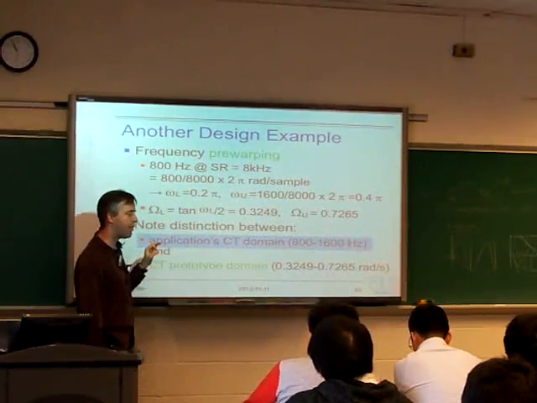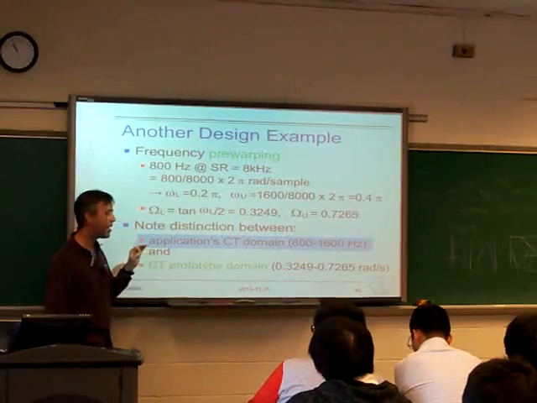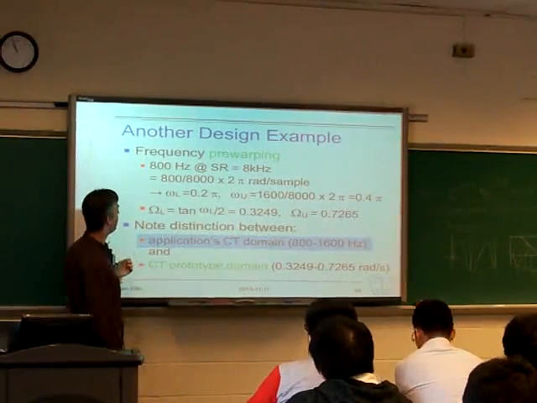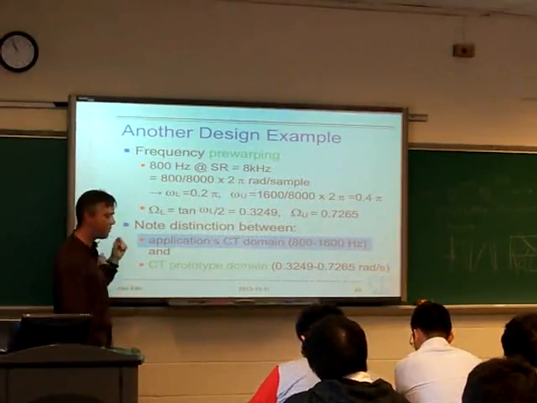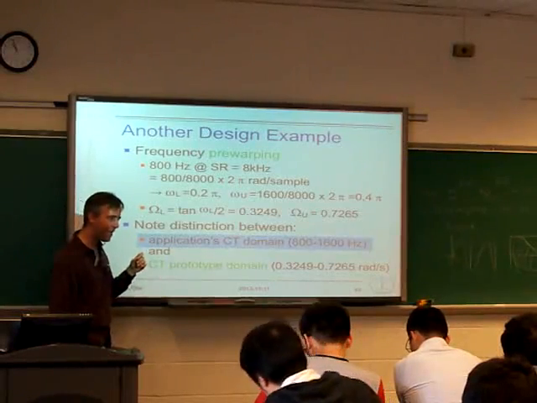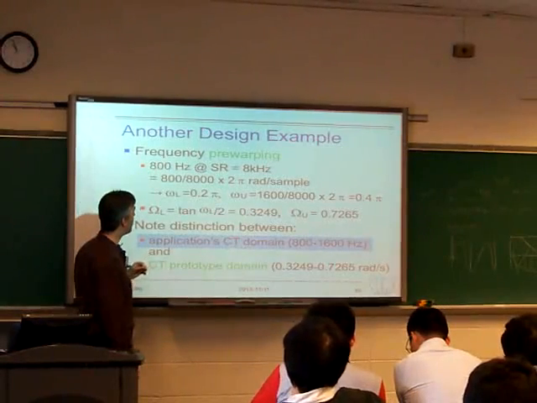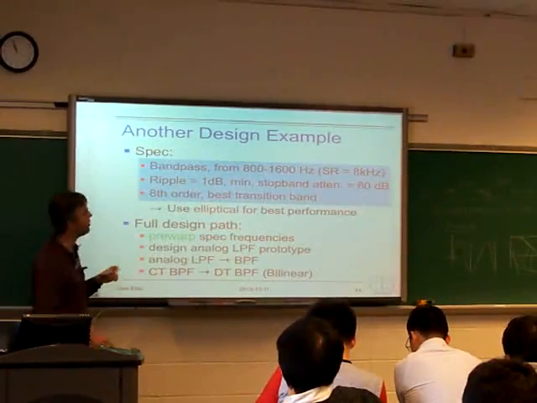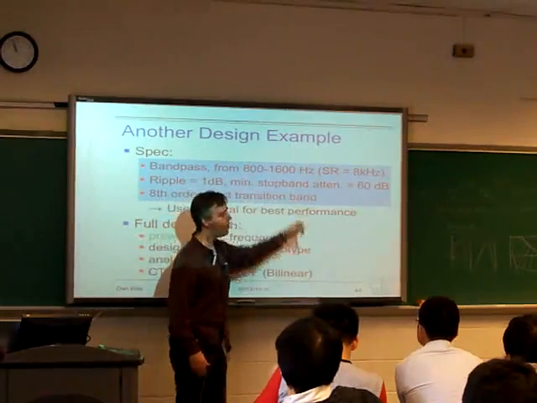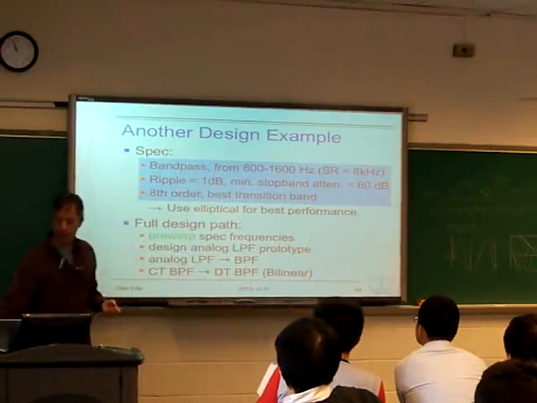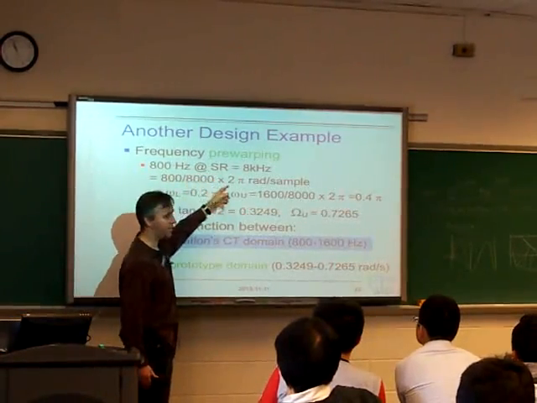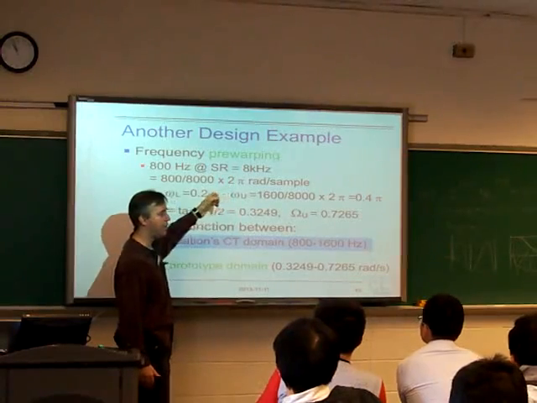Interestingly, the discrete time frequency characteristics were specified in terms of hertz, continuous time frequencies, and a sampling rate. This may come up if you actually start doing the stuff in the projects; you may have to care about this. So the actual specification was that we wanted 800 to 1600 hertz when the sampling rate was 8 kilohertz. So 800 hertz is 1/10 of the sampling rate,